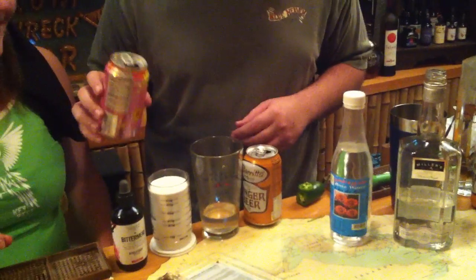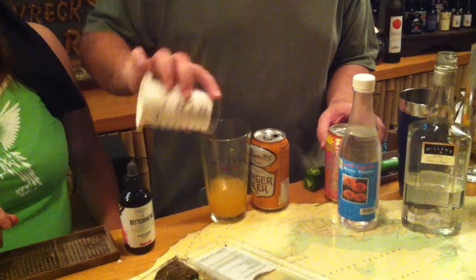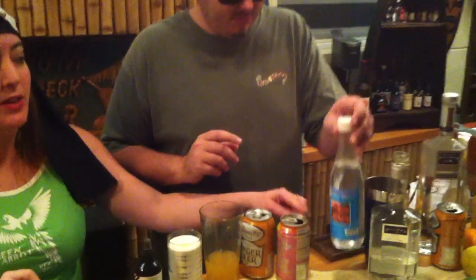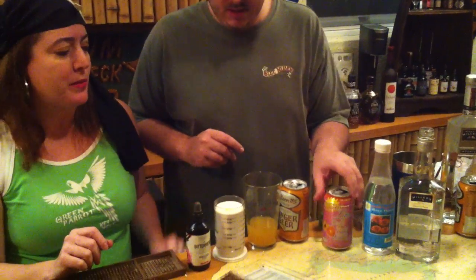Nice. We're going to do an ounce of peach nectar, sugar-free. It's not the peach's fault that I got put in schnapps. By the way, you can get this at Winn-Dixie. They have something like this if they don't have this one. If you don't have it, just use regular peach nectar. Or you could get a juicer and juice some peaches. What about